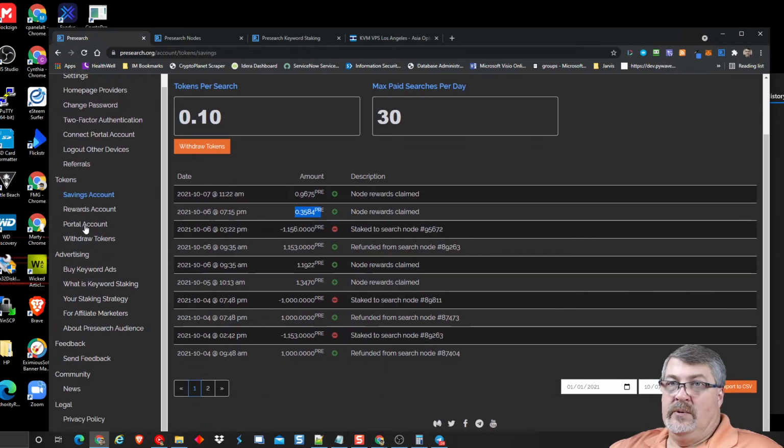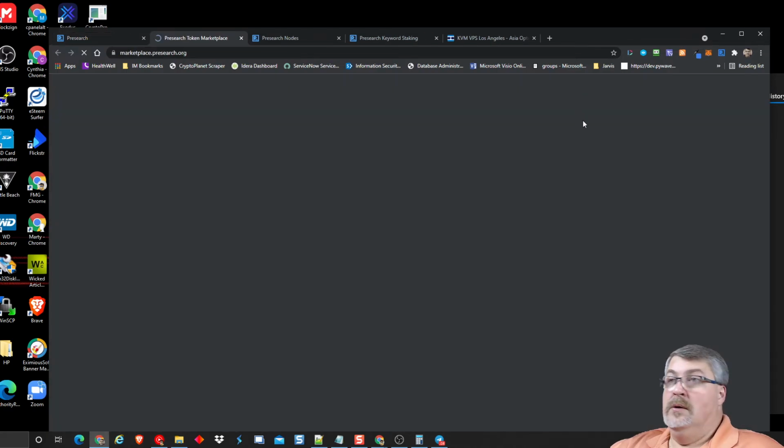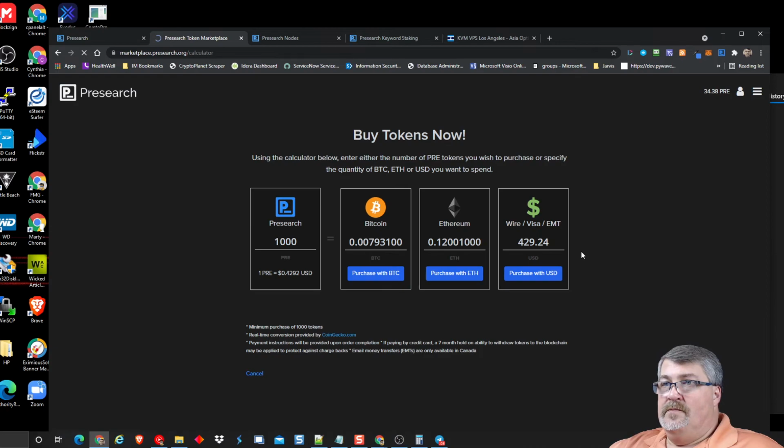Tokens, tokens, tokens. Portal? Nope. Oh, buy tokens. Duh. All right, PreSearch tokens. If you click buy tokens, they have it available here. I mean, there's fees like anything else, but you can use their calculator and say, okay, I want